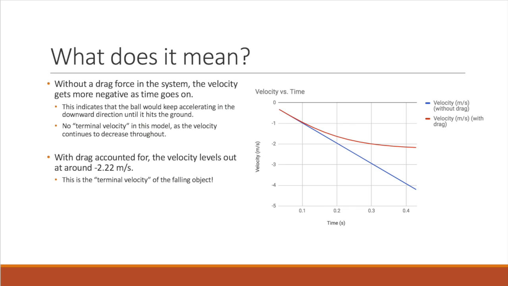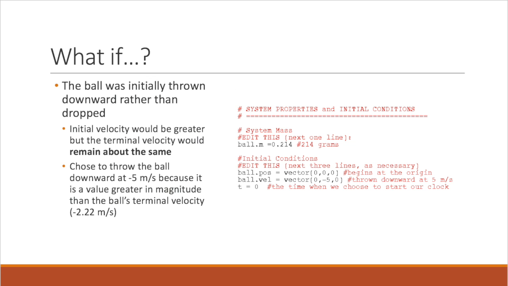The velocity that the drag model levels out at, -2.22 meters per second, is the terminal velocity that we discussed earlier. Without a terminal velocity, as in the model without drag, the object would just keep accelerating and accelerating downward. From the motion of falling objects that we see in our everyday lives, we know that this continuous acceleration would be unrealistic. Even if the ball was thrown downward at a great speed, its terminal velocity would remain the same, since it's related to weight, not